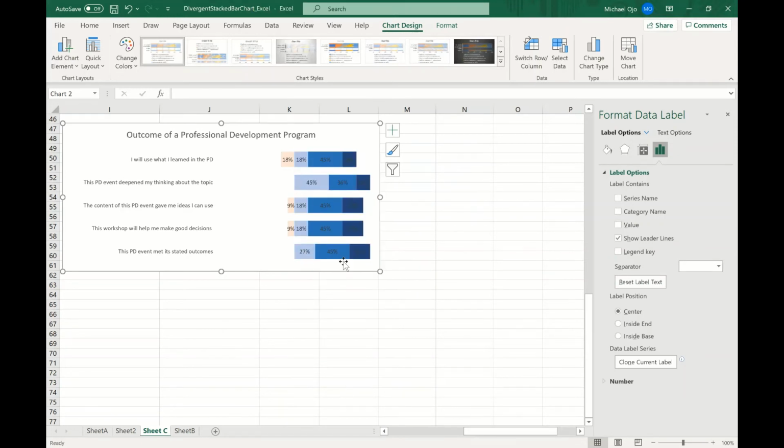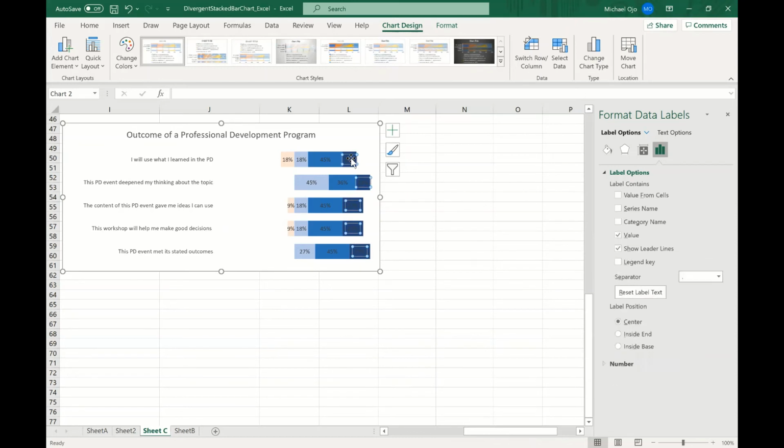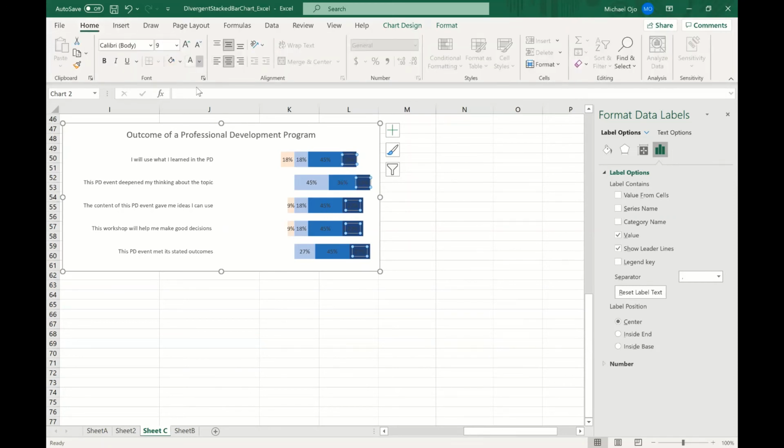So right now, you see, you can barely see the percentages or the values of this dark blue portion of the bar. So what I need to do is to change it from black to white so it's visible for me. And that I can do by, I just click on this, then I go to home, then I change it to white. You can see I can even make it darker, and I can also increase the font size just to make it bigger. Then I can do this for this as well, make the font size bigger, get it to white, make it bolder.